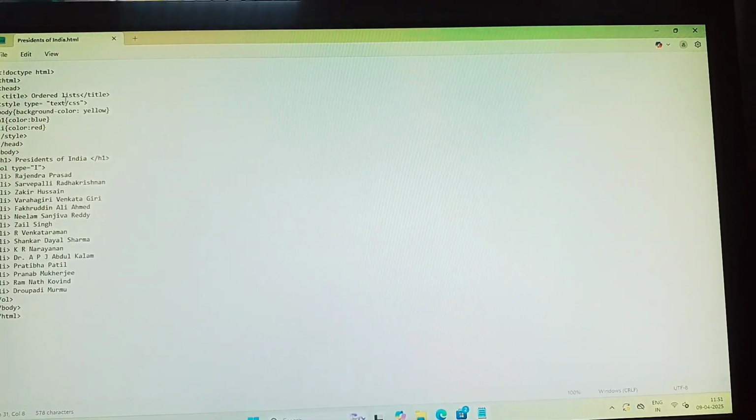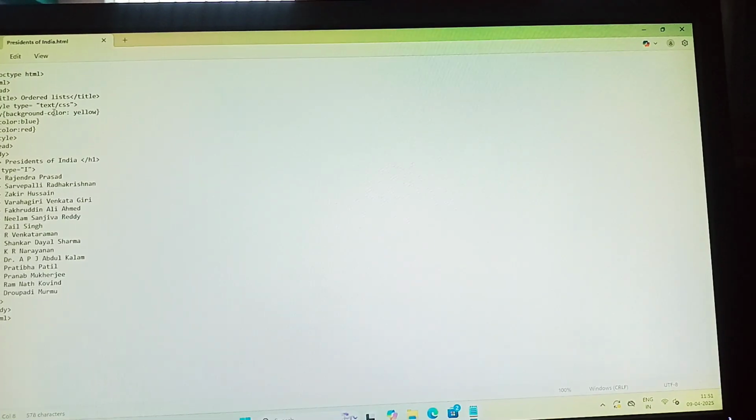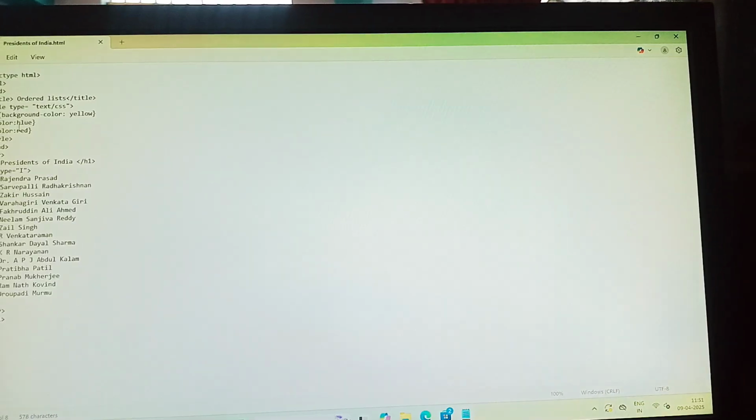So the title here is given as order list, and the style type is text CSS. Body background color here is put as yellow. And the H1 heading tag is here, H1 tags are blue, list color is red. Okay, style close. Under the body part he explained about the first presidents of India,